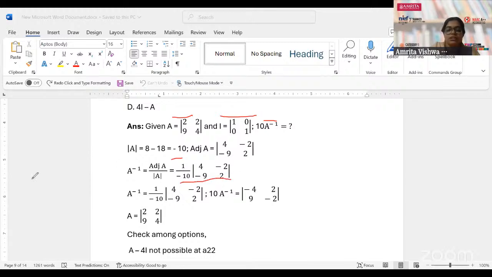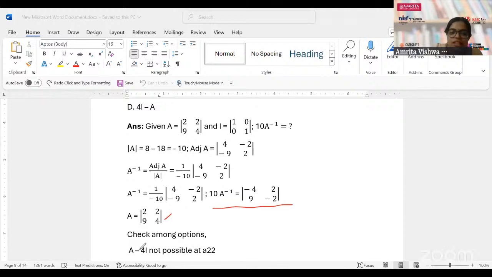Now I got some relation. So this is going to be the value of A inverse. Now, as there is 1 by 10, in the question they have asked for 10A inverse. So I can take this 10 inside and this negative inside here. So 10A inverse is going to be minus 4. This becomes 2. This becomes 9. And the other ones become negative. Now you have to think how you're going to solve this. You can just check among the options individually and you can solve it very easily. You got 10A inverse value as minus 4, 2, 9 and minus 2. And you have already A.